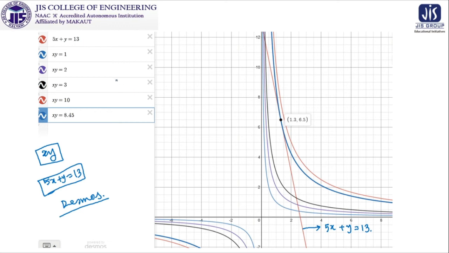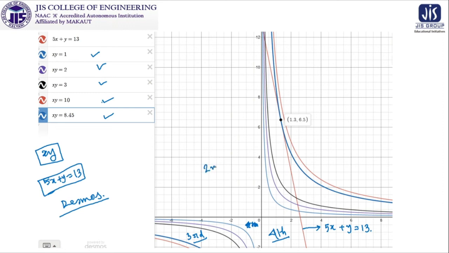So you can ask, sir, why you have taken 1, 2, 3, then directly 10, and then why 8.45? I am going to give you the elaborate discussion on this. Xy equal to 1 is here as well as here. So it is our fourth quadrant, and our straight line is not having any part in the fourth quadrant. Sorry, it is the third quadrant. Basically, our straight line is not having any part in the third quadrant. Our straight line is having part in the fourth quadrant, but the xy, our objective function, is not having any contribution in the fourth one.